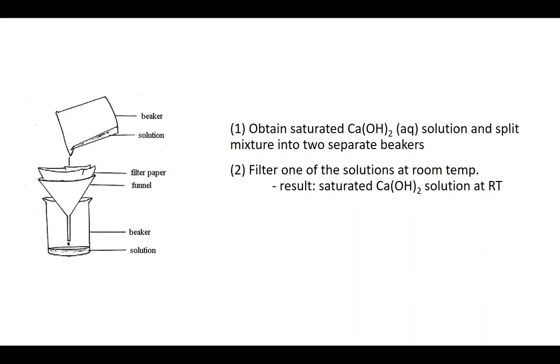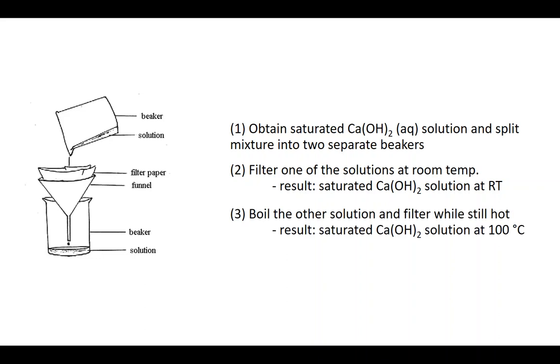And the result of that is you get a saturated calcium hydroxide solution at whatever room temperature is. Now with the second portion of that solution, what you would do, instead of just directly filtering it, is you would boil that so that the solution reaches 100 degrees Celsius. And after it boils, and while it's still at the boiling point of water essentially, you would then filter it at 100 degrees Celsius. And the result is that you get a saturated calcium hydroxide solution at 100 degrees Celsius,